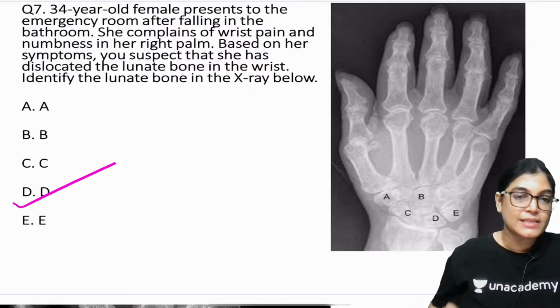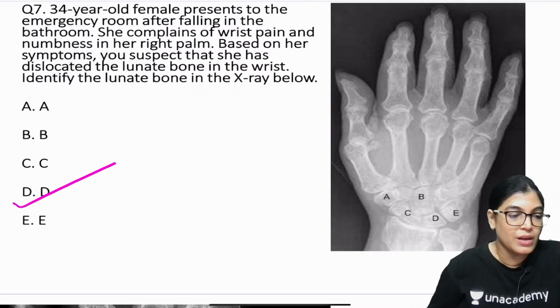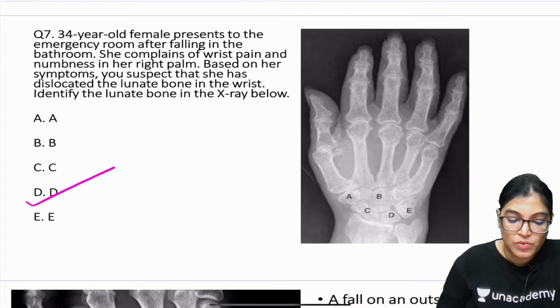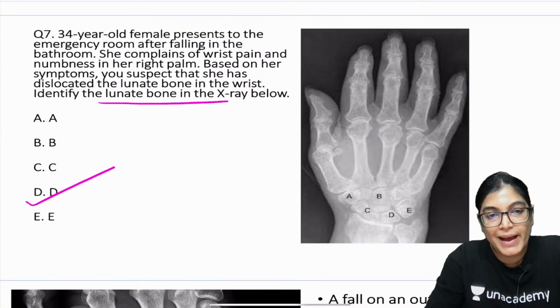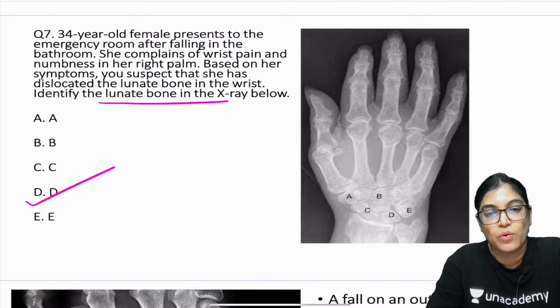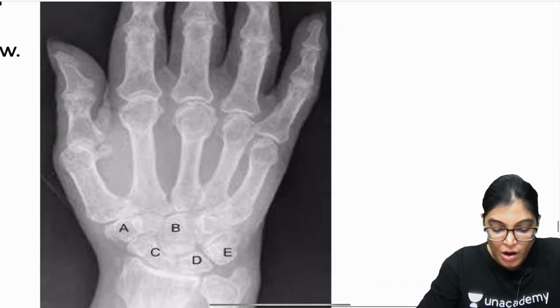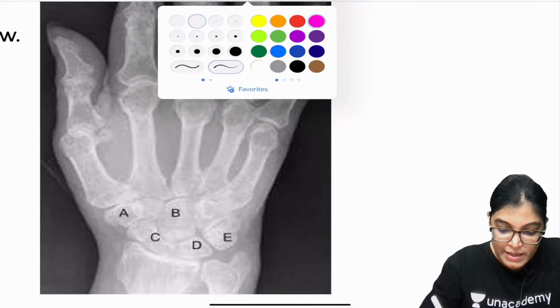Actually, the correct answer is D. So D is the lunate bone. Okay, D is absolutely the lunate bone. It is already mentioned that the lunate bone is dislocated, so we have to identify the lunate bone. The crux point of how to identify the lunate bone here is,